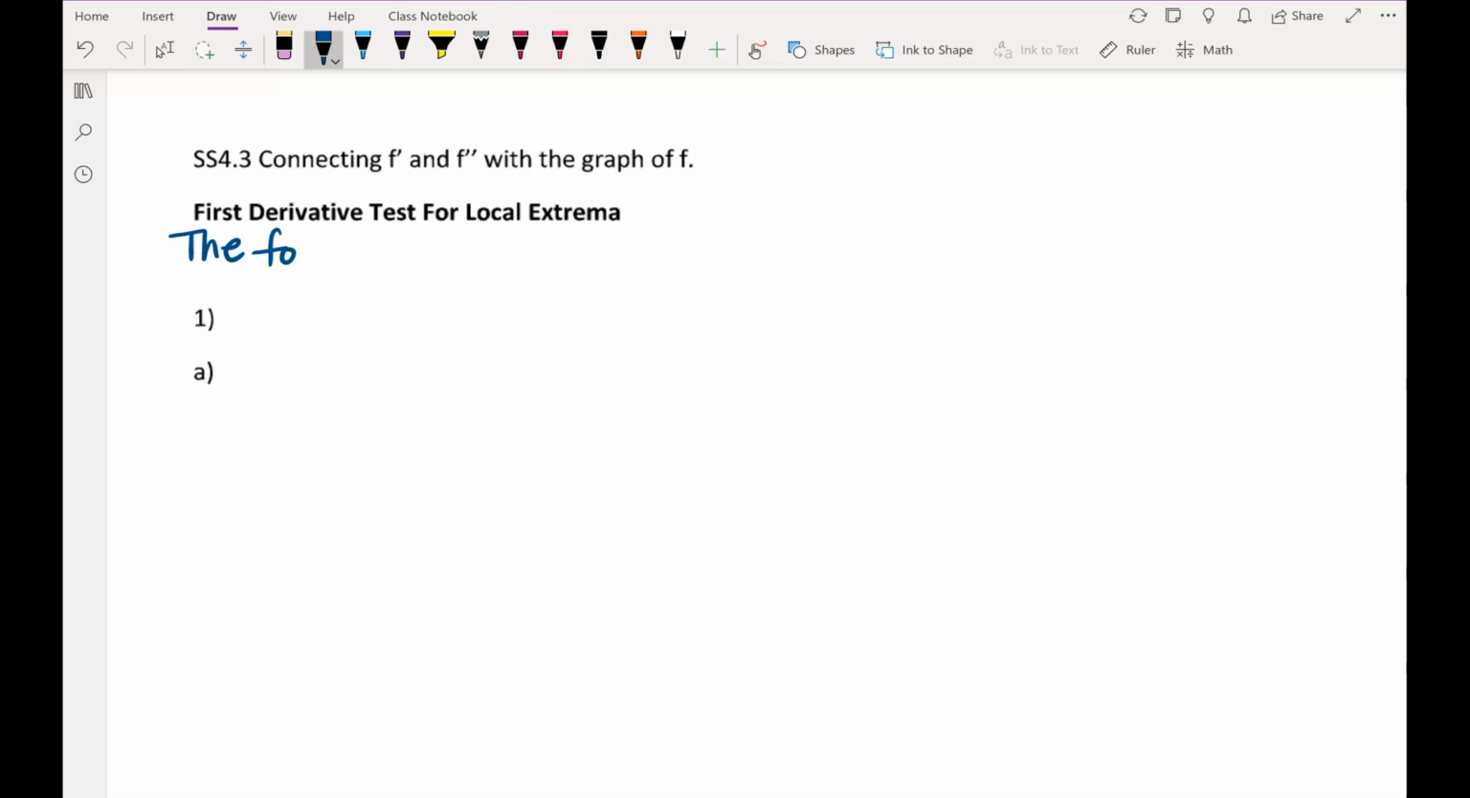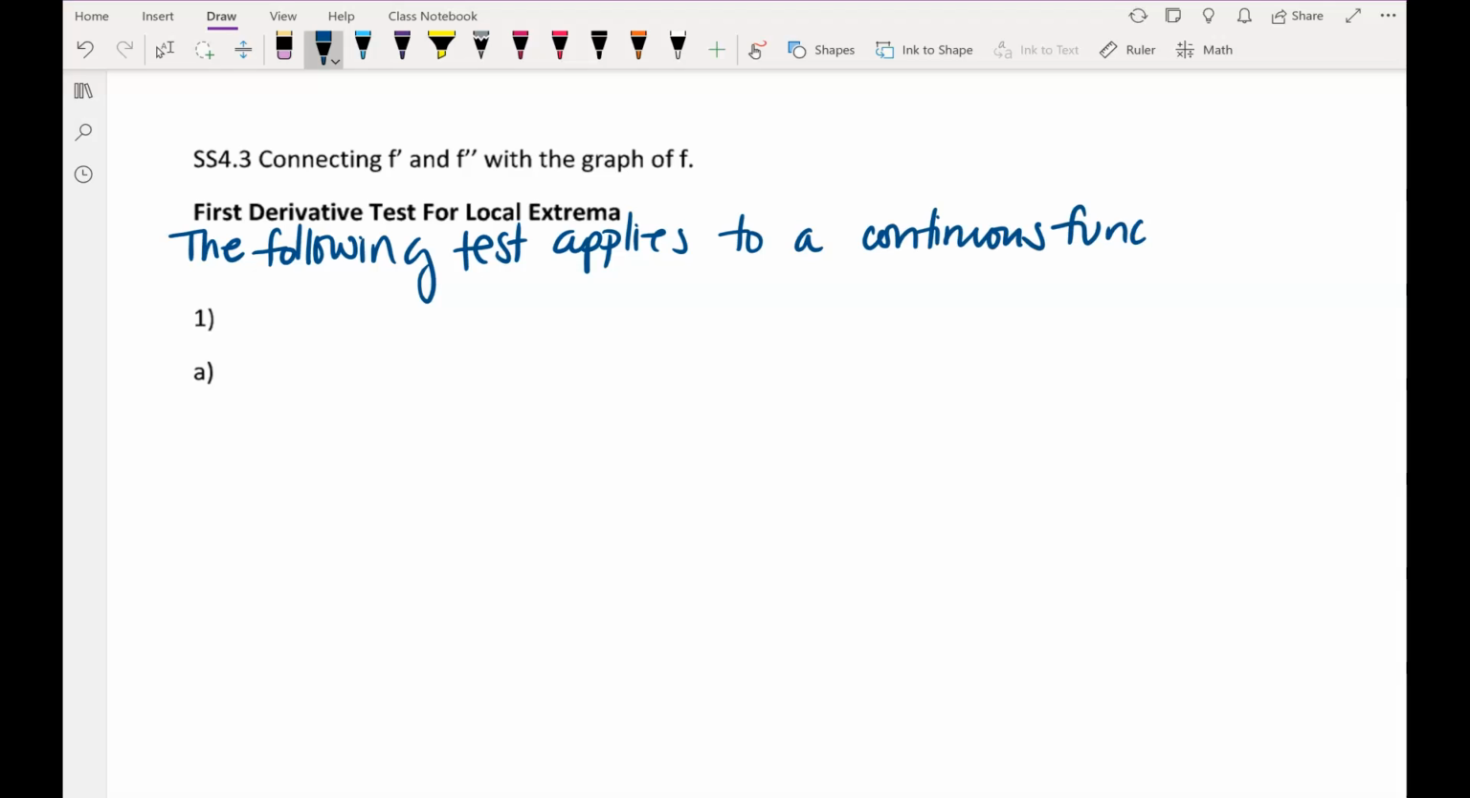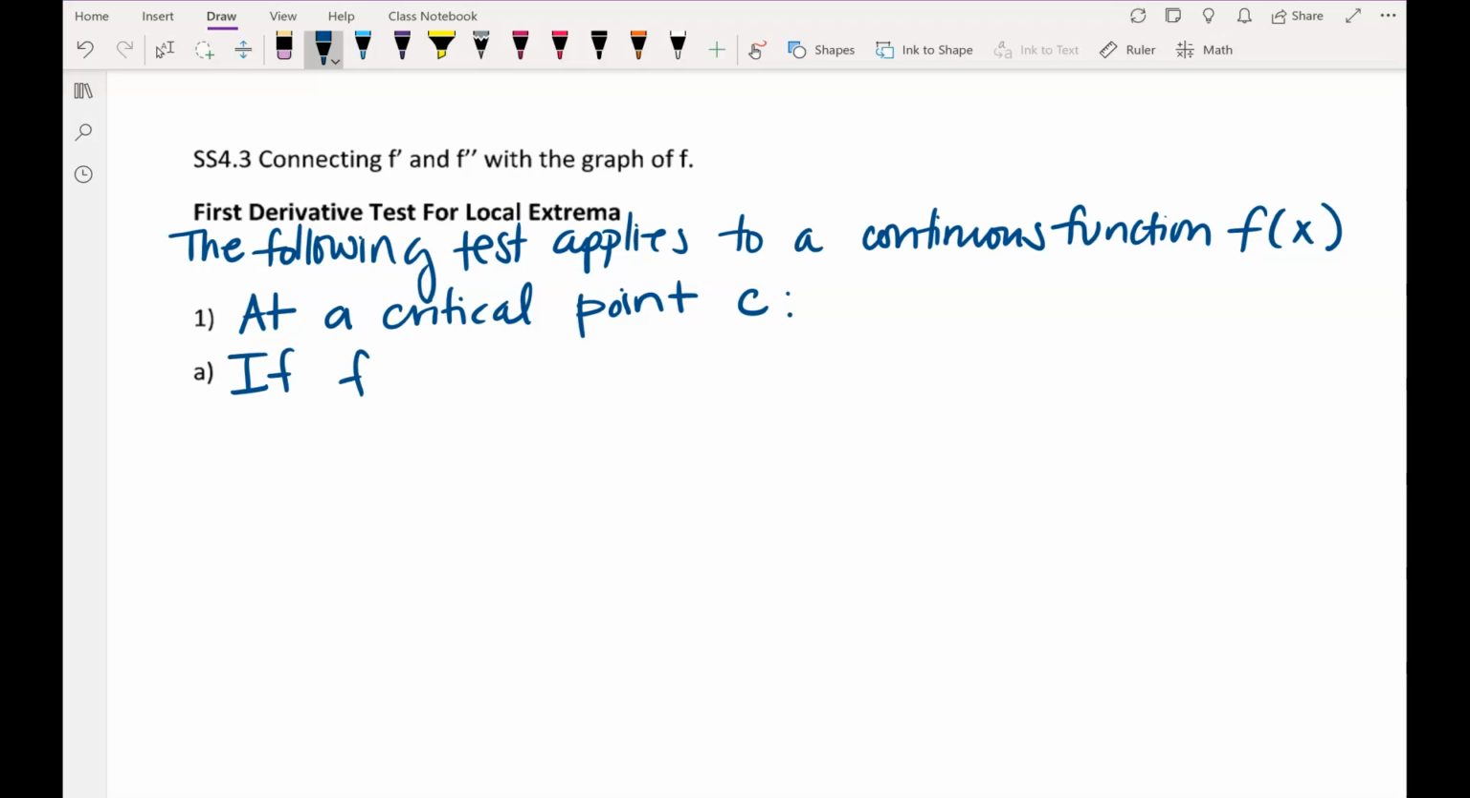So the following test applies to a continuous function. Let's call it f of x. So 1, at a critical point, let's call it C. At a critical point C, okay? So A says, if f prime, which is the derivative, changes from positive